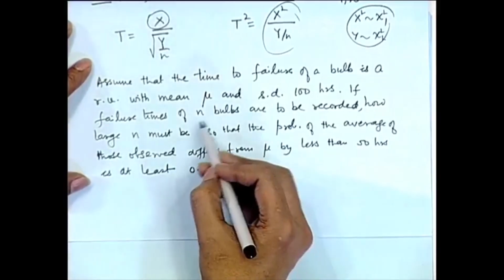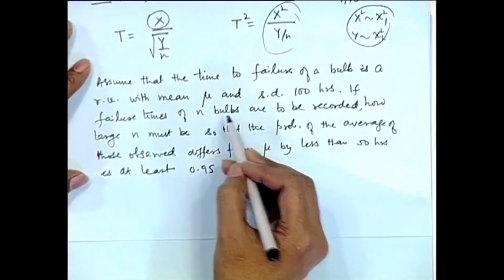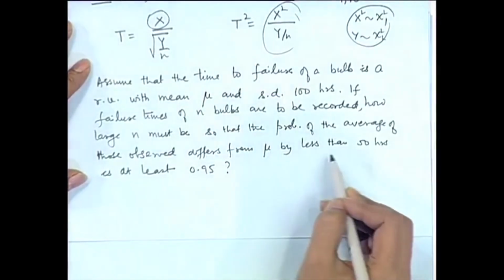That means, how much should my sample size be such that the sample average and the population mean